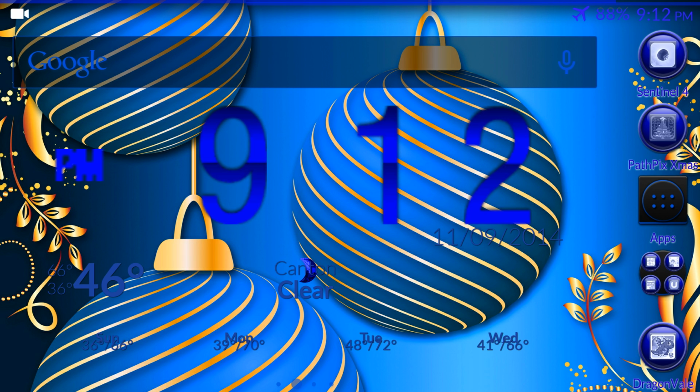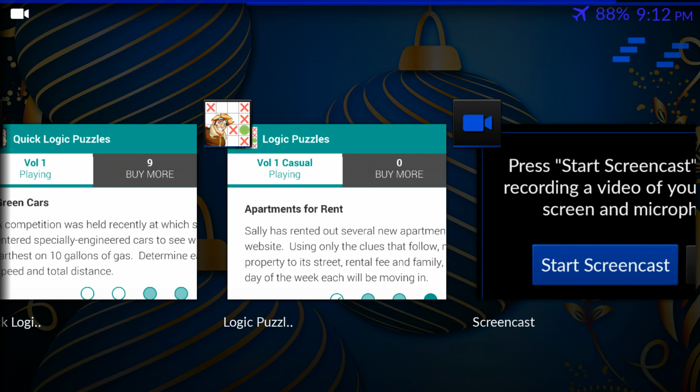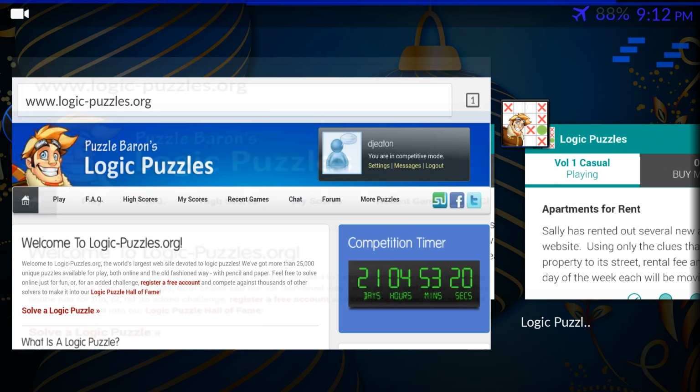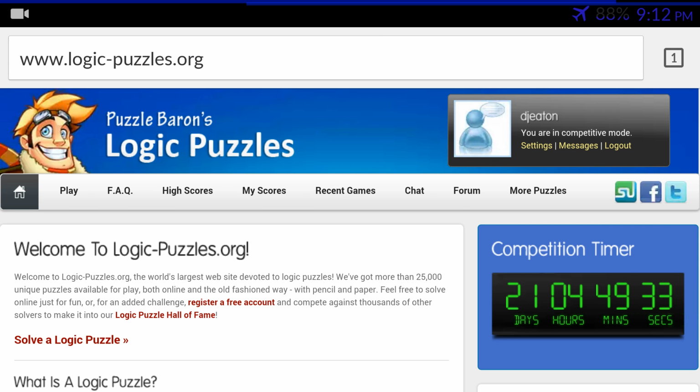Hello, my name is Daniel Eaton, and today I'm going to show you how to solve logic grid puzzles on your Android device. If you're not familiar with Android logic puzzles or logic puzzles in general, the best place to